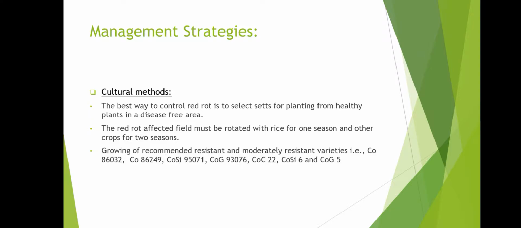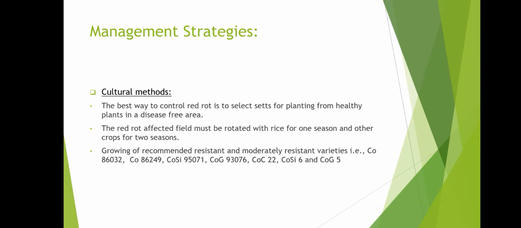Then the management strategies. There are three types of management strategies: cultural method, physical method and chemical method. In the cultural method, the best way to control the sugarcane red rot is selecting healthy seeds for budding from a disease free area. The red rot affected field must be rotated with rice for one season and other crops for 2 seasons.